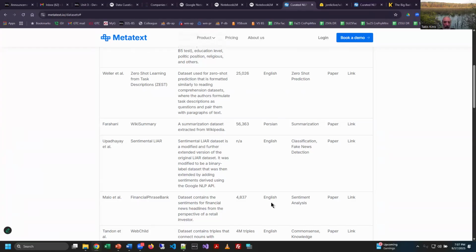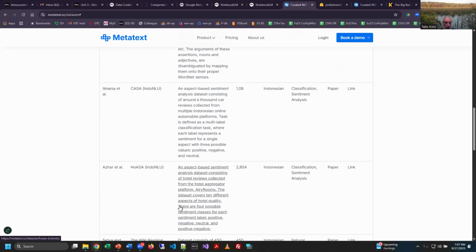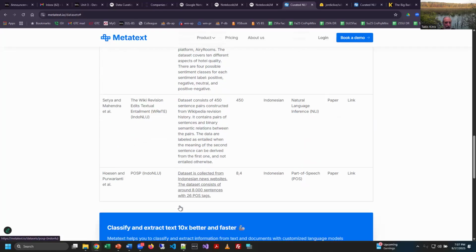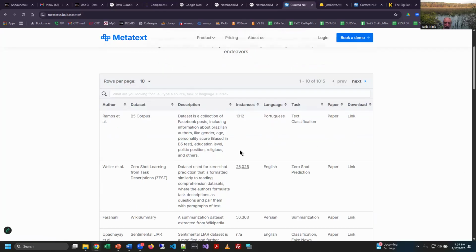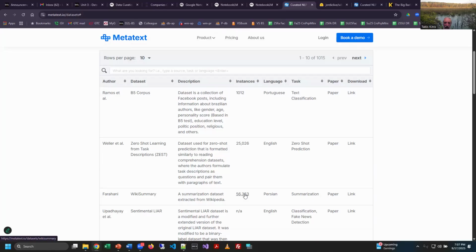And as you go through here, you'll notice that they have a bunch of curated data sets that you can just access, right? And they give you a link to it, and you can read about it. You can get the data set, download it. Some of them are huge, by the way. I want you to notice the size of some of these. These are the instances, not the gigabytes. But some of these are really, really large data sets. So if you're going to pull them down and process them and run them, you better have a really powerful computer, lots of storage, and a lot of horsepower to run these things, right?